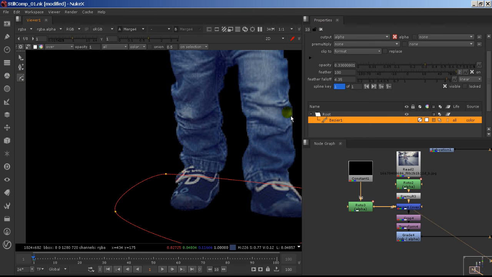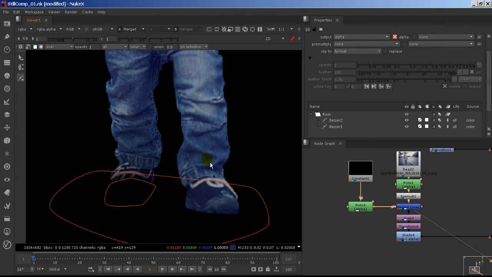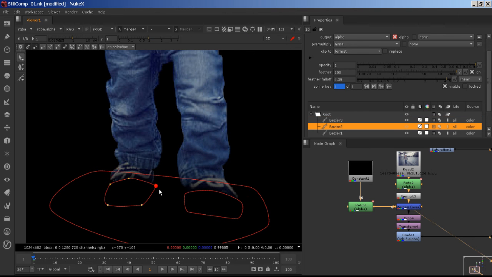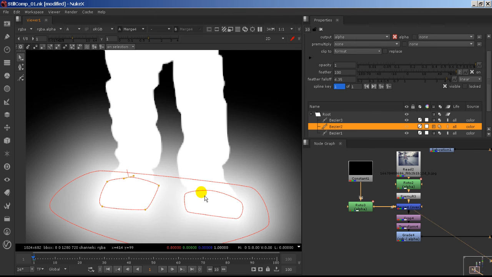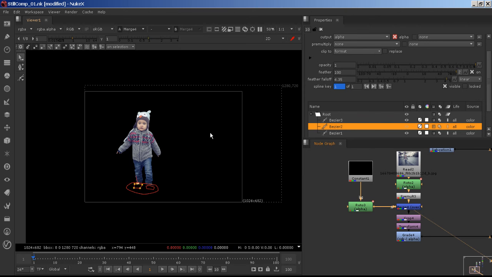What's wrong there? Let's try this again. Click off the Bezier 1. So I want to have essentially just more of a contact shadow where his shoe is hitting. Okay, so now if I go to the merge here, and we look at the result, you'll see that his